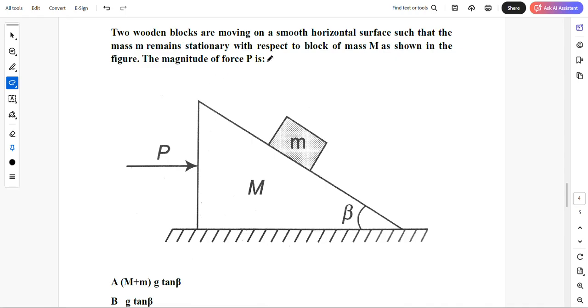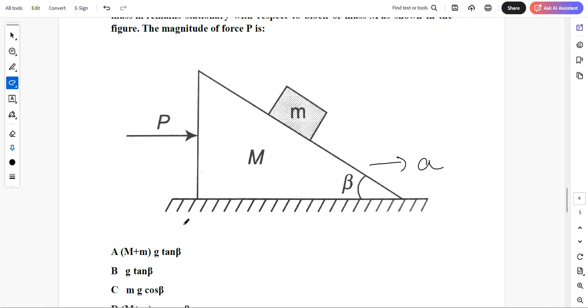Two wooden blocks are moving on a smooth horizontal surface such that the mass m remains stationary with respect to the block of mass m, as shown in the figure. The magnitude of force P. It is accelerating this side. If I observe from the ground,